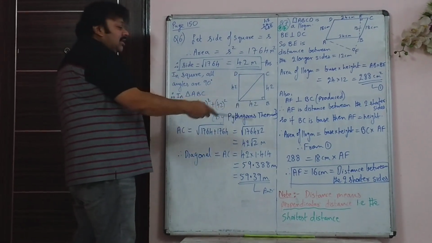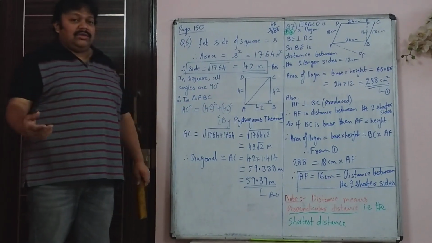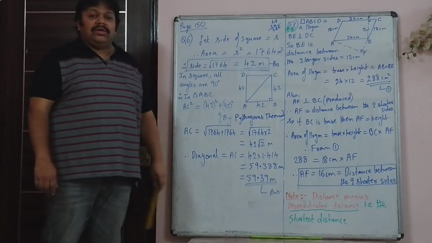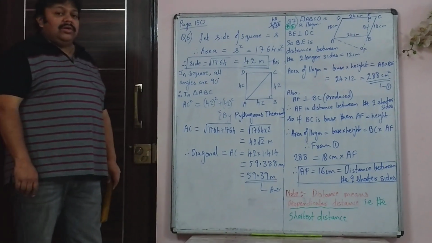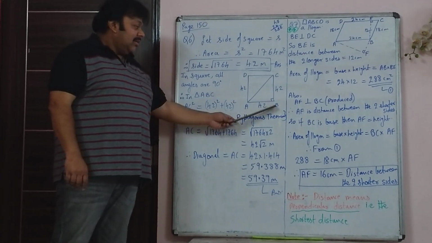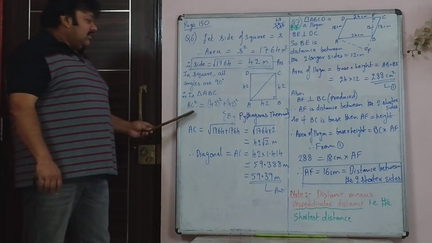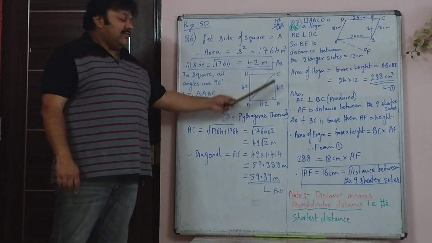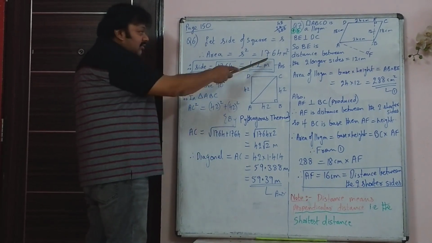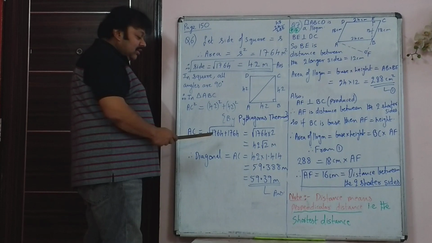Now after that, you are asked to find the diagonal. So for convenience I have drawn the figure. Now in the figure, all angles of the square are 90 degrees. So therefore you can consider triangle ABC and apply Pythagoras theorem in triangle ABC. So AC squared will be AB squared plus BC squared. So AC squared is 42 squared plus 42 squared. Now that is 1764. You already know what 42 squared is. It's already given in the question.